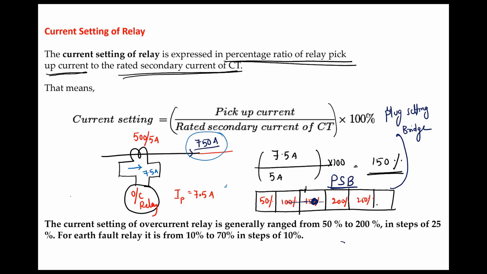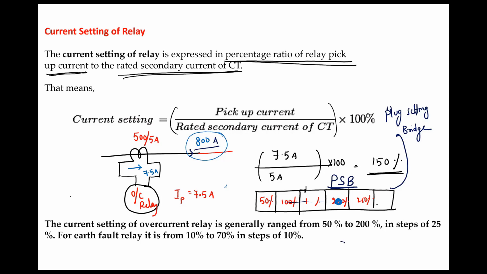So tomorrow what happens? For the same industry, one more 50 ampere load you have connected. Some additional motor whose rating is 50. Now normal current is increased by 50 ampere. So if normal current is say 800 ampere, then your relay will trip continuously if your setting is same. Now you have to increase the setting from 150 to 200.